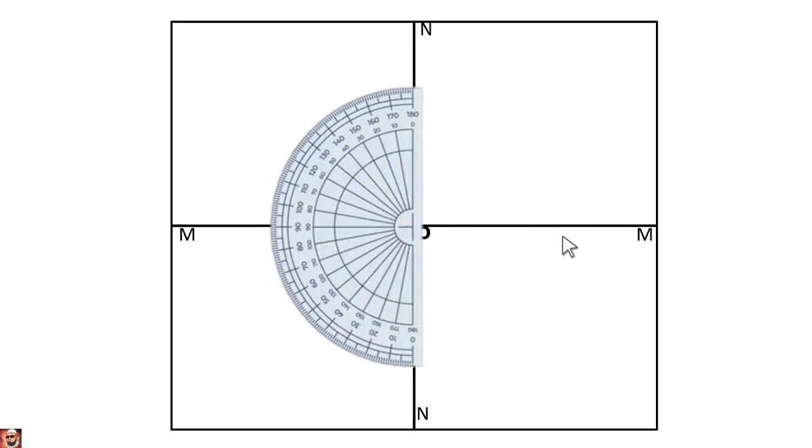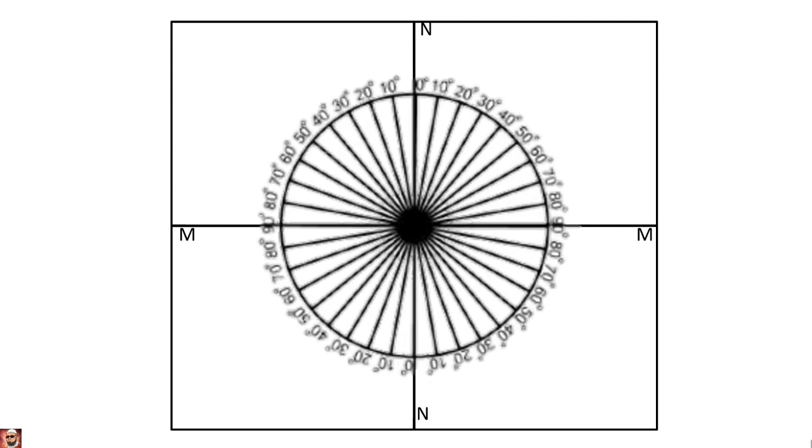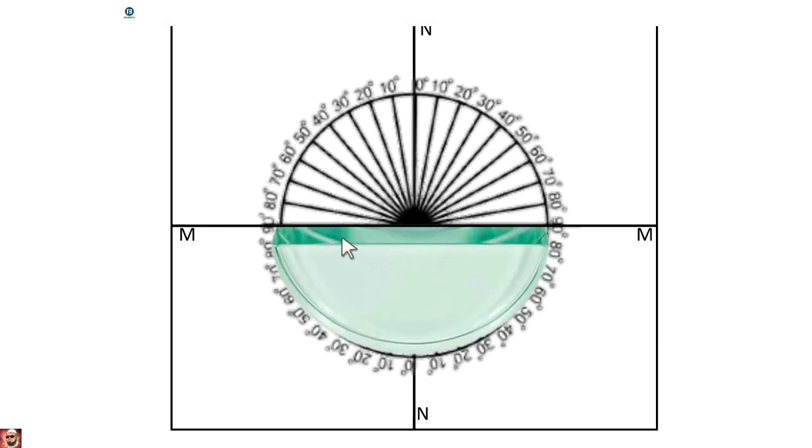Here also, on the other side, if you see, this is 0 degree, 0 to 90 degree, and again here from 0 to 90 degree. The angle should be indicated on a curved line. If indicated on a curved line, you will get the pattern like this. So this is the diameter of the glass slab. It is coinciding with the line MM. And this is the center.